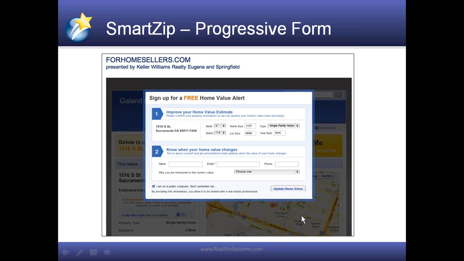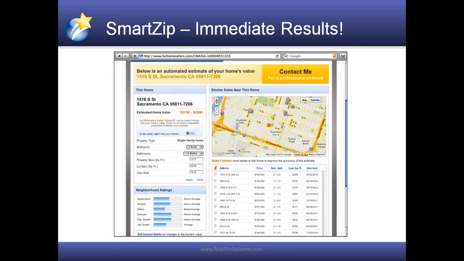Right, and as Rob pointed out, in a live example, the information that's underneath here, the actual form with the results, pops up for a few seconds, so they see that first. The value is plainly shown before they have to register. And there's what it looks like after they fill in the form.